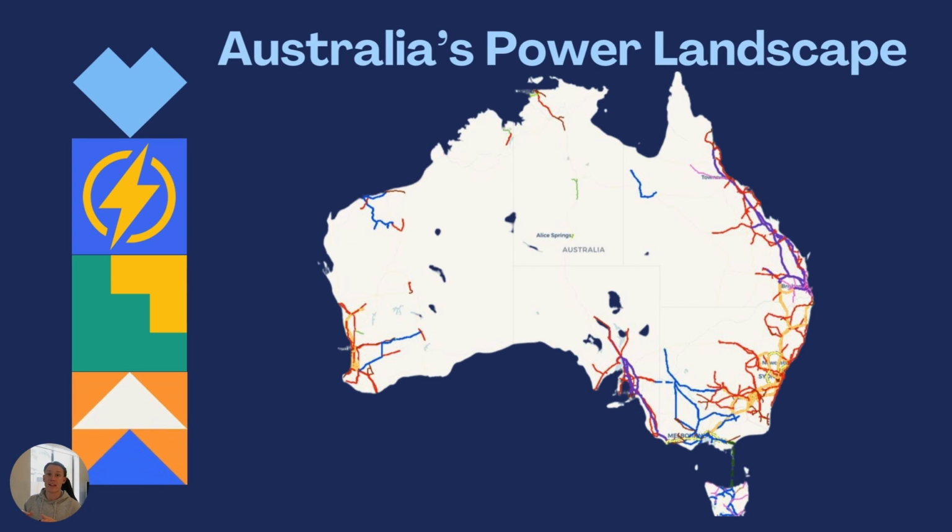Now, Australia's power landscape is, as we can see here. If you haven't seen a map with all the power lines on it before, it kind of looks like blood vessels, but I can promise you they represent power lines, and the different colors represent different voltage levels. Without getting too much into it, each color represents a different voltage, and a voltage is used differently in different states. As you can see from the diagram, although they are different colors, they're all interconnected, and that's really done to promote the reliability of the transmission network.